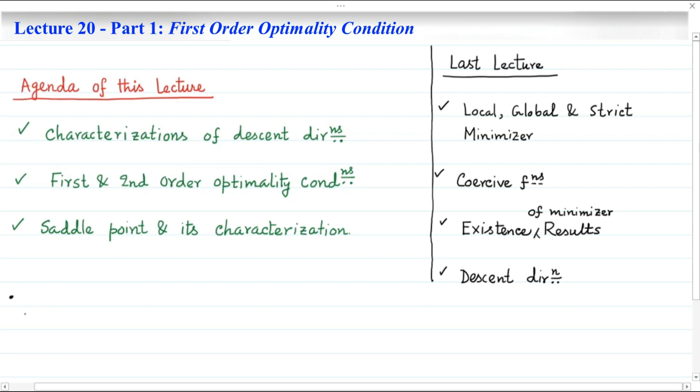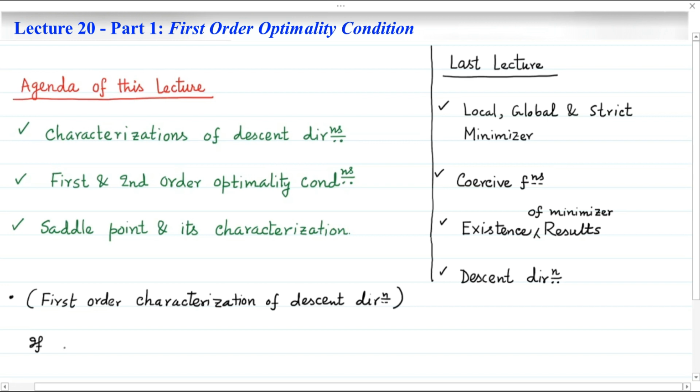And towards this, as I have hinted on the last day, along the given direction d at the point x bar, if the directional derivative is negative, then obviously instantaneous rate of change along the direction d for the function f at the point x bar is negative, which means that the function must be locally decreasing in nature along the direction d from the point x bar. And that is the result, the first order characterization of descent direction,